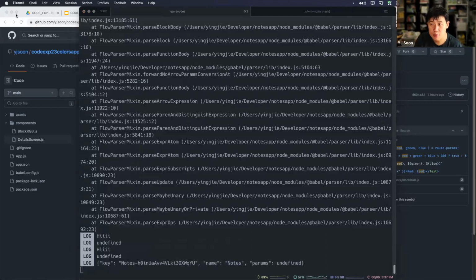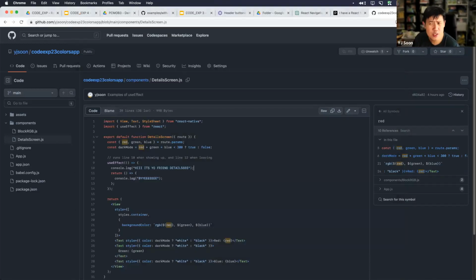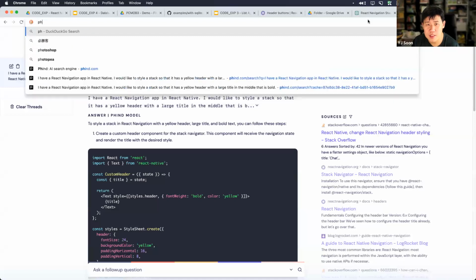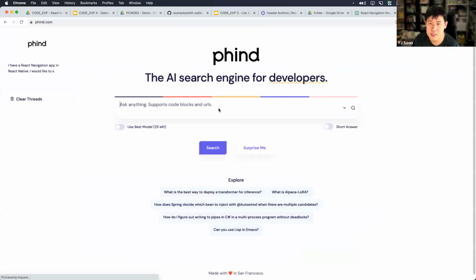Let's go ask one of our generative AI friends. Okay, so this is strange, right? I don't see a reason why this is behaving this way. Let's go ask one of our generative AI friends and see whether it can help us with this. Okay, so I am using React Navigation in a React Native app. The thing about this is we need to type it out like a sentence and make it understandable and put in details and stuff like that.